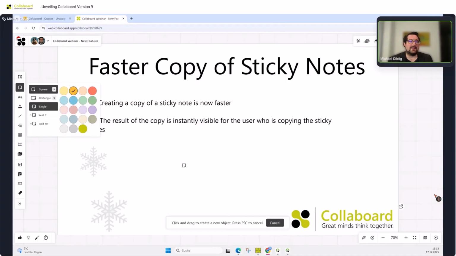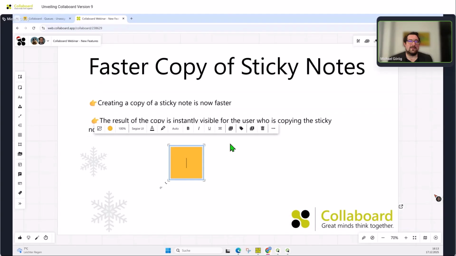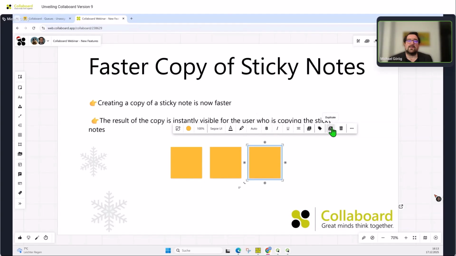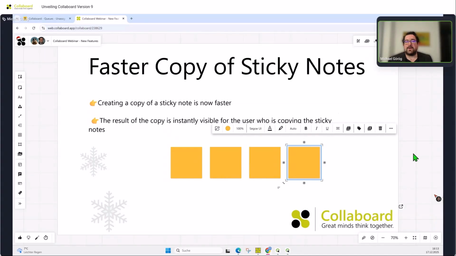So what we did, if we add a sticky note, and now if we copy it, you see there is no delay. So the sticky notes are appearing in real time, especially for the user who is doing it. It works for 5 sticky notes, for 10, for 15, for 100 sticky notes. So you see the result of the copy